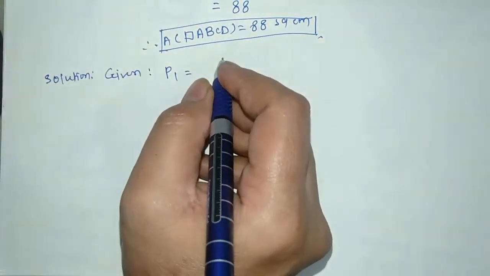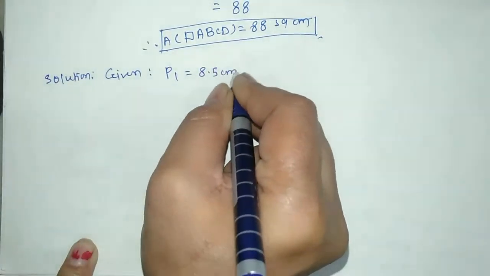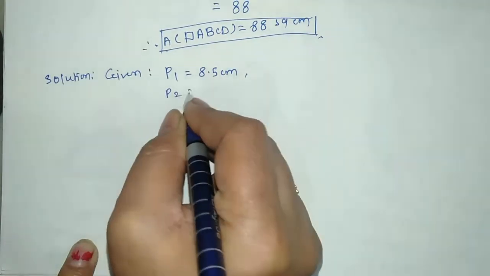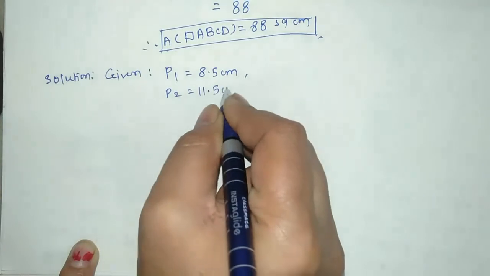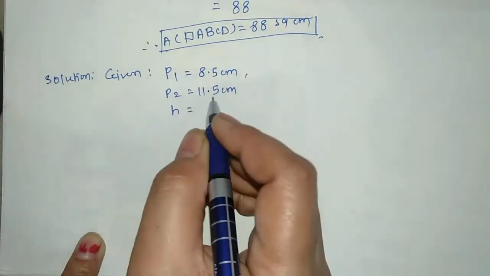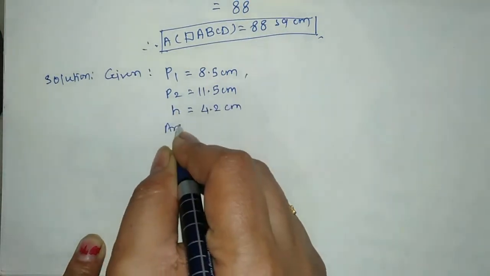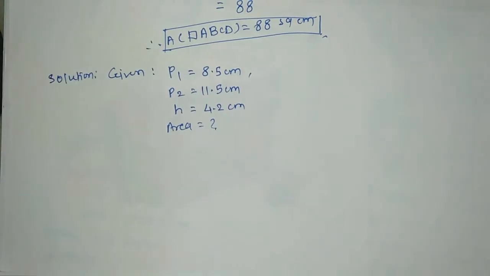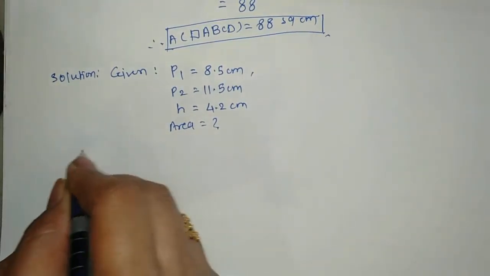P1, first parallel side, is 8.5 centimeter. P2, second parallel side, is 11.5 centimeter and the height H is equal to 4.2 centimeter. Find out the area. Area equal to question mark. So